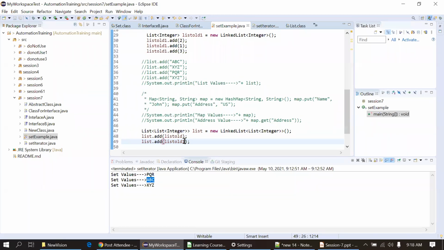This you can do, but you cannot pass three parameters in the list. Fine. So Ravi says to put iterator hasNext and remove. If I want to remove, we can use the remove method as well.